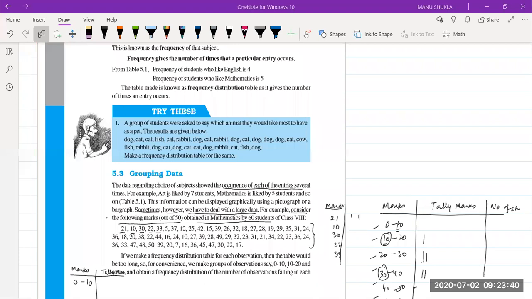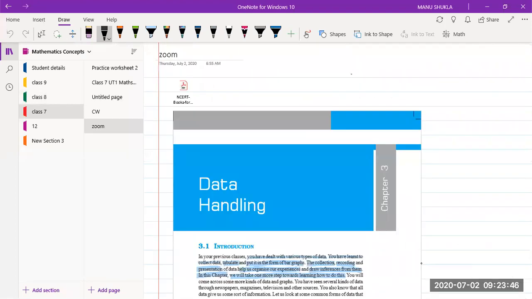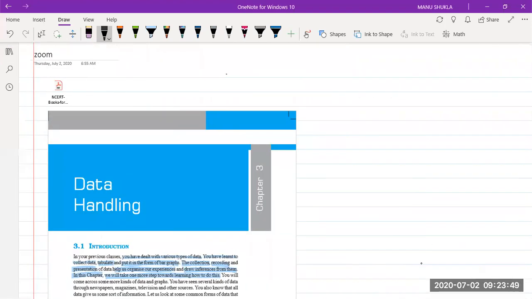Sir, today's topic is data handling. Yes, beta. Let's see, one second. Class 7th. We have Zoom. This one. So let's close it. Okay. Now,